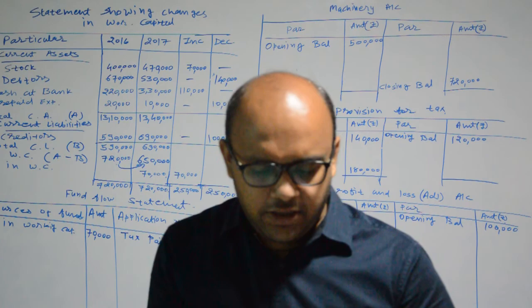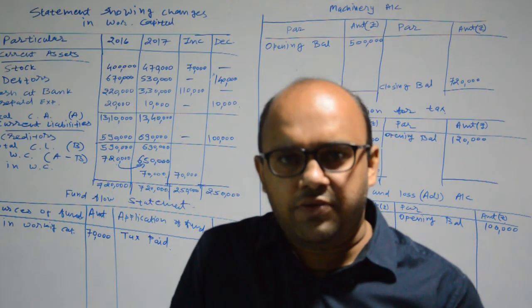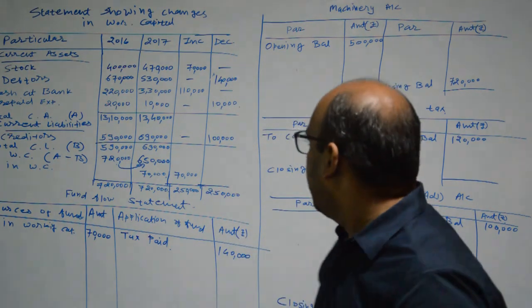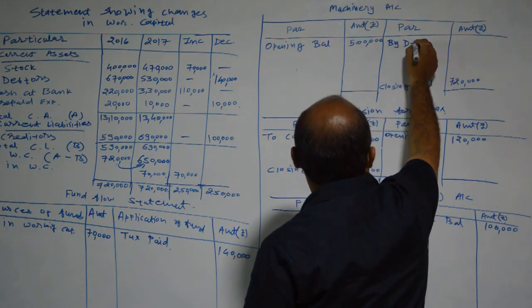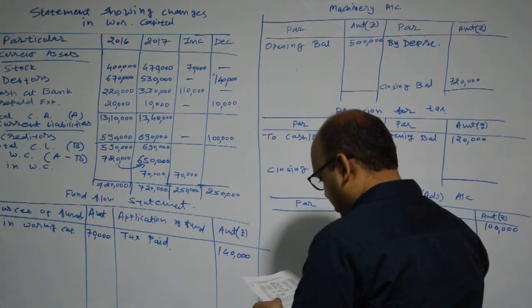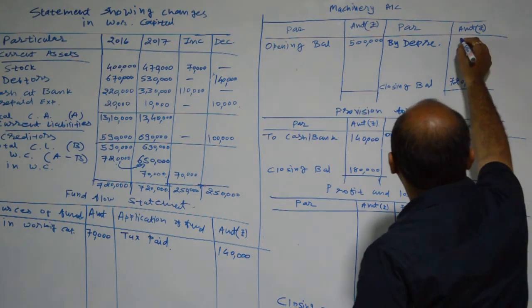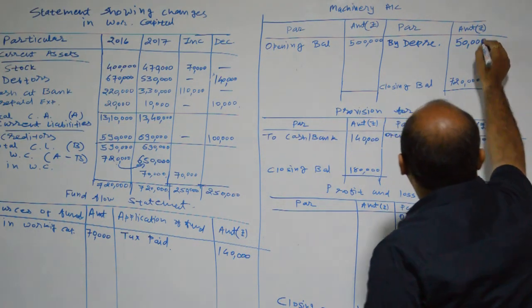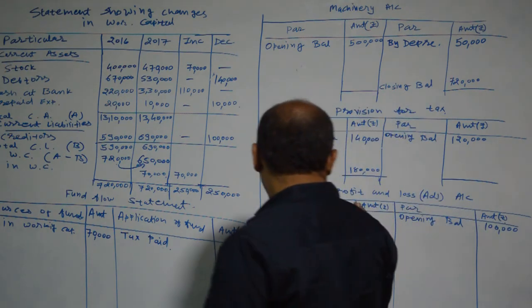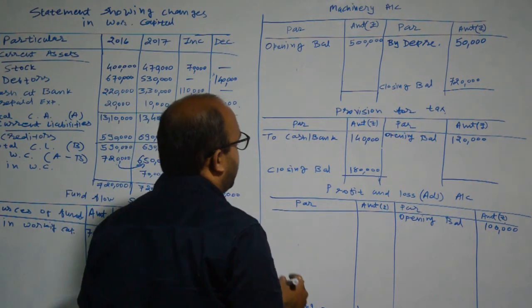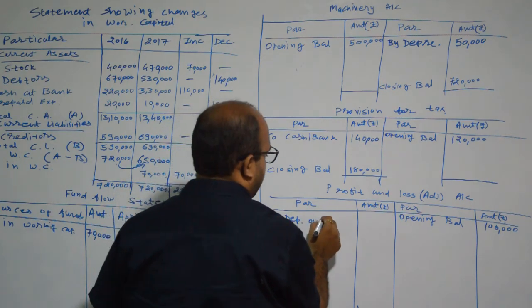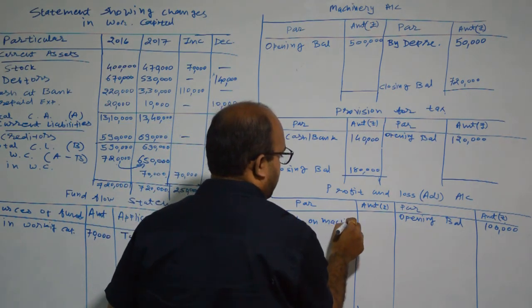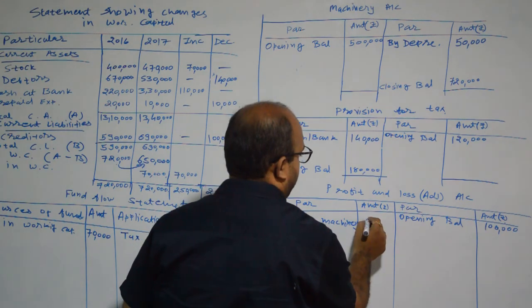Okay. Then after, next, depreciation charged during the year on machinery rupees 50,000. The journal entry will be depreciation account debit to machinery account by depreciation. How much amount? 50,000. And the next effect will be given on the debit side of the profit and loss adjustment account: depreciation on machinery, 50,000 rupees.